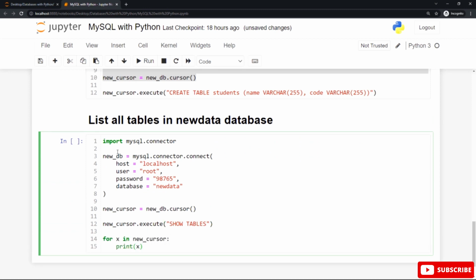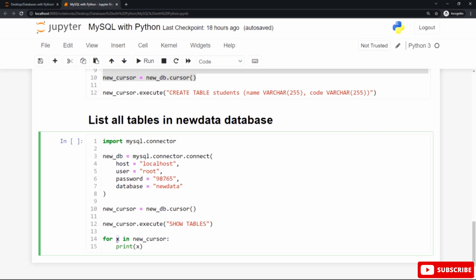You can see in this example here, to list all tables in new data database we have created, use the show tables statement and the execute built-in method to execute this statement for this new cursor, and the for loop after that to iterate over this cursor by using this item to display each table one by one, by using the for loop with the in keyword.